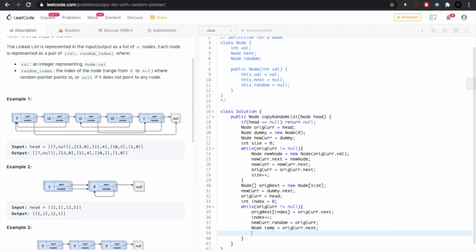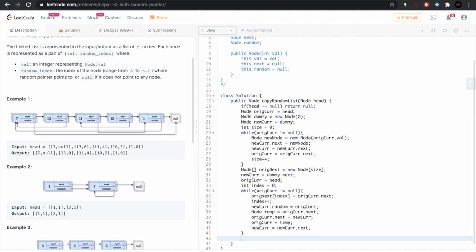Make the next pointer of the original nodes point to their corresponding new nodes in the new list. Original cursor dot next should point to new cursor. Move to the next node in original list. Move to the next node in the new list.